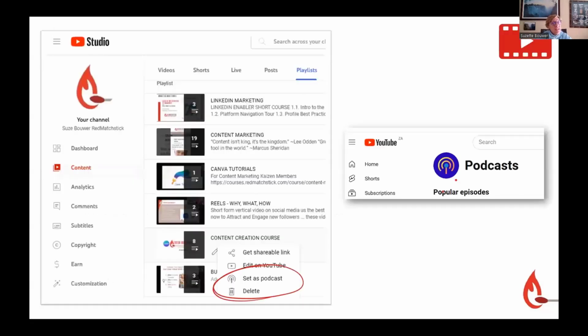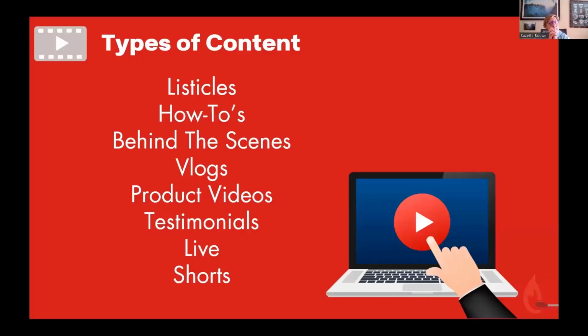The other incredible functionality with YouTube, for many of you who are toying with the idea of starting podcasts, here is your solution. Once you've created your playlists and you're in your YouTube Studio, you can click on content, go to the playlists, click on whichever playlist you want, and you get the opportunity to set as a podcast. You can create a podcast of your videos, start your podcast channel. It is pushed through YouTube's podcasts. Now, there's an opportunity. Types of content you can post.